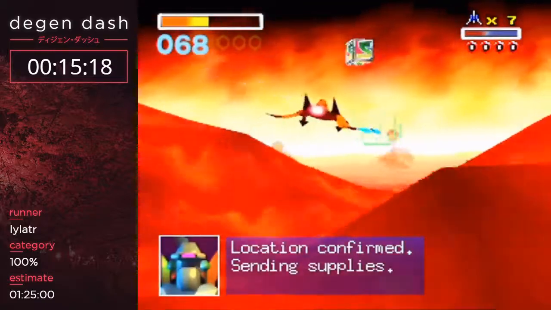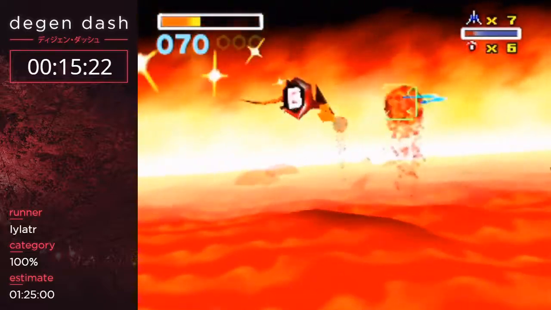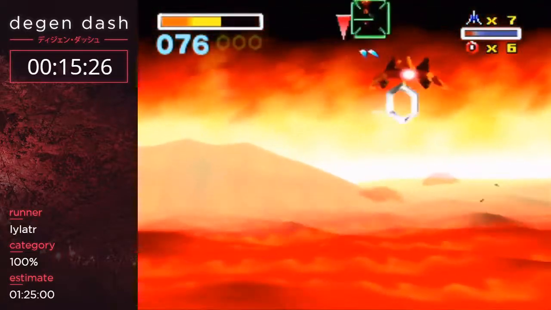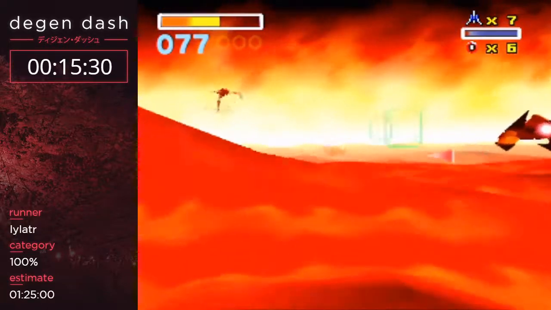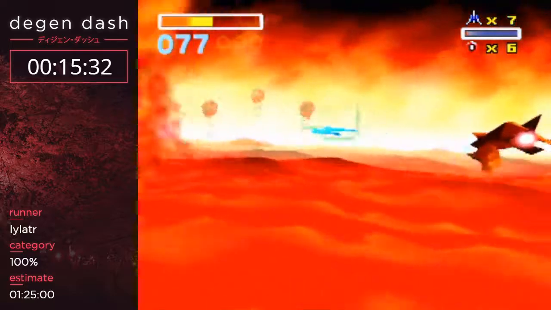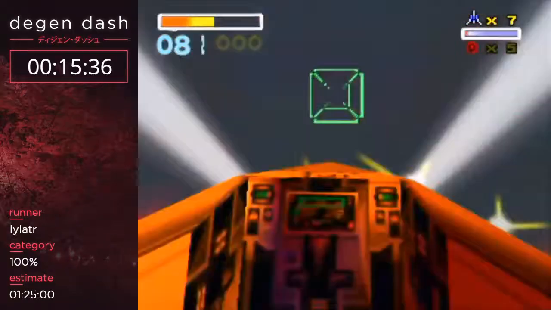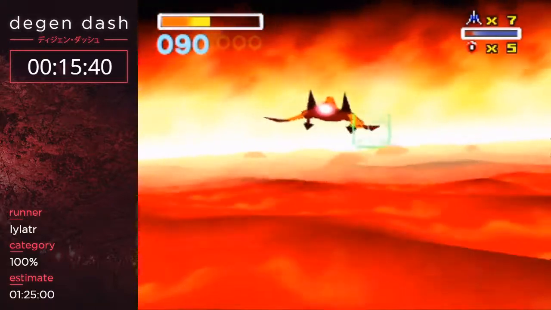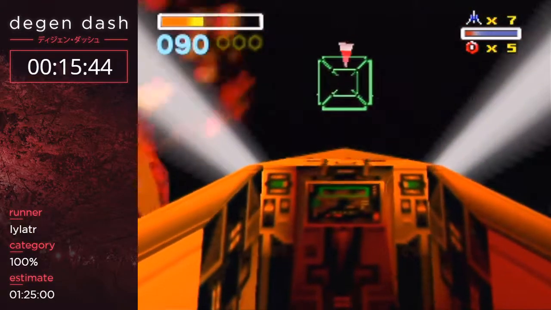Location confirmed. Sending supply. Yay, I got another bomb. Holy shit, these bomb drops, dude. This is ridiculous. Why can't I get good RNG on other runs? So we're going to stick really, really low to the lava here because I want to die because I hate myself. And then we're going to throw a bomb at the lava there. And then hopefully get enough points. Oh, that was a little close. We need 100 points in this level, by the way. And we get